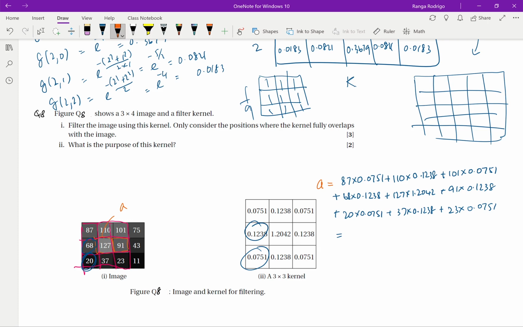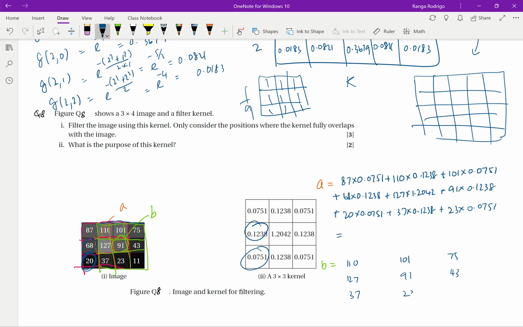So next one, let's write a few things for B. This is B. So there, the window is this one. That's the window. So we have 110, 101, 75, 127, 91, 43,